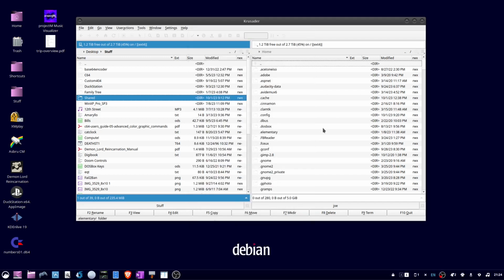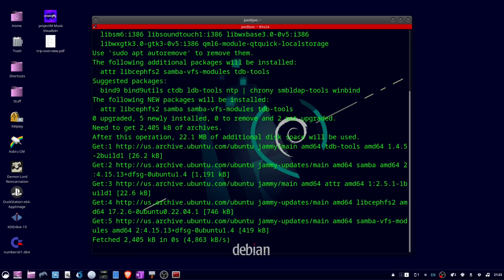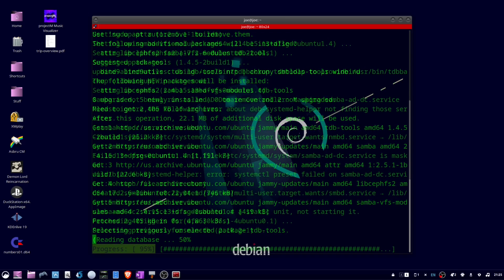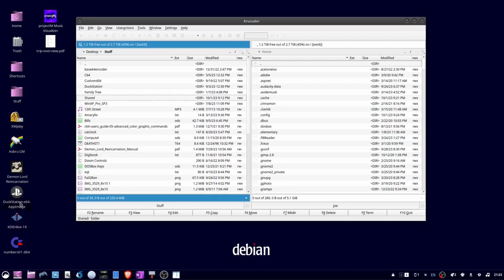So I can click cancel, close Krusader, open a terminal, and type sudo apt install samba -y. When that's done, I can close the terminal and go back to Krusader, right-click the folder again,